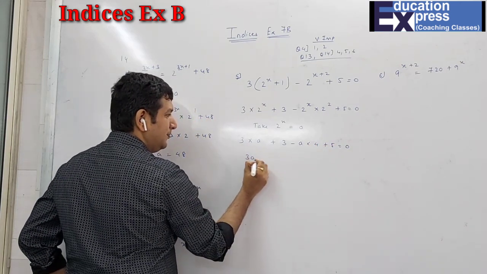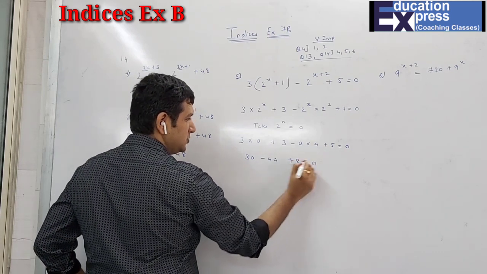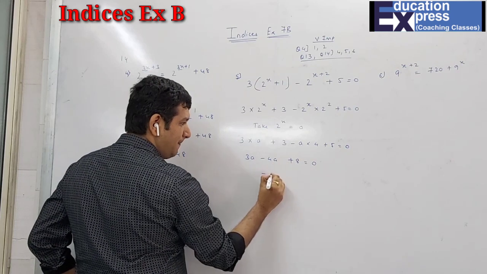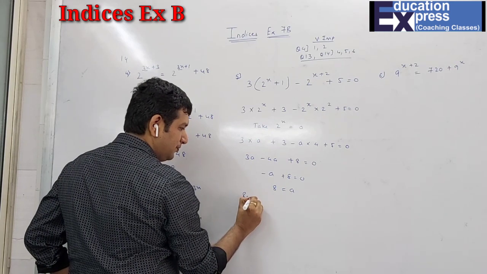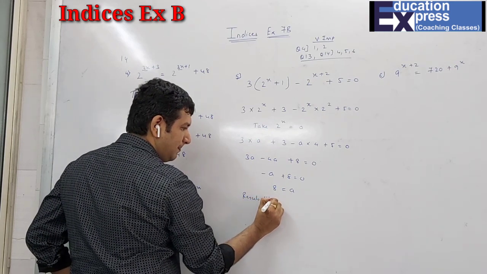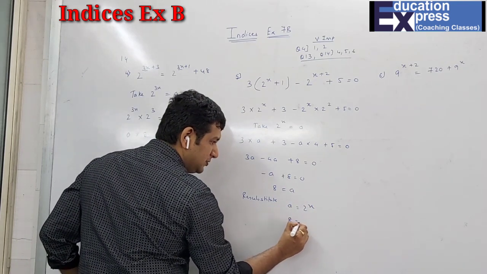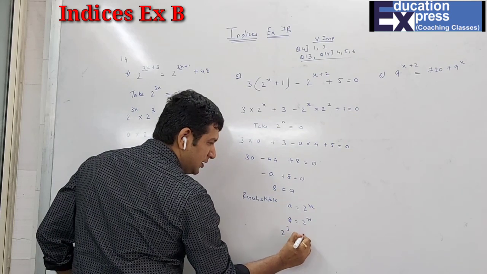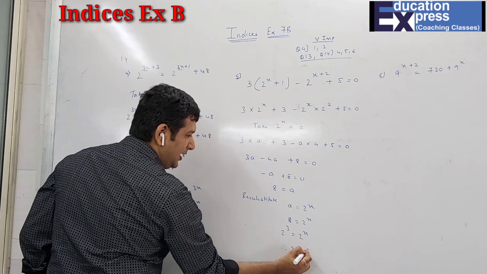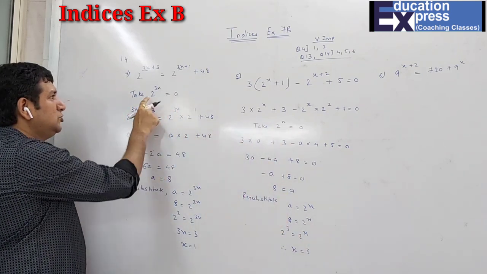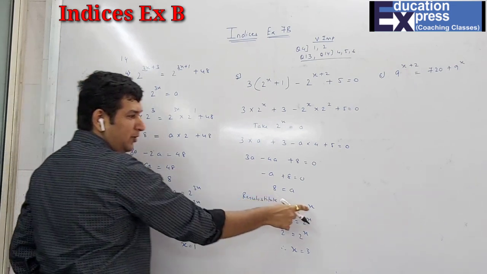So 3a minus 4a plus 3 plus 5 is plus 8 equals 0. So minus a will come here, plus a equals 8. Resubstitute your a as 2 raised to x. So a is 8, 2 cubed is 2 raised to x, therefore x is 3. So here students, remember one thing: in the earlier sum I took 2 raised to 3x as a, so while resubstituting I have to take care that this 2 is to 3x, and here it is the normal 2 to x only.